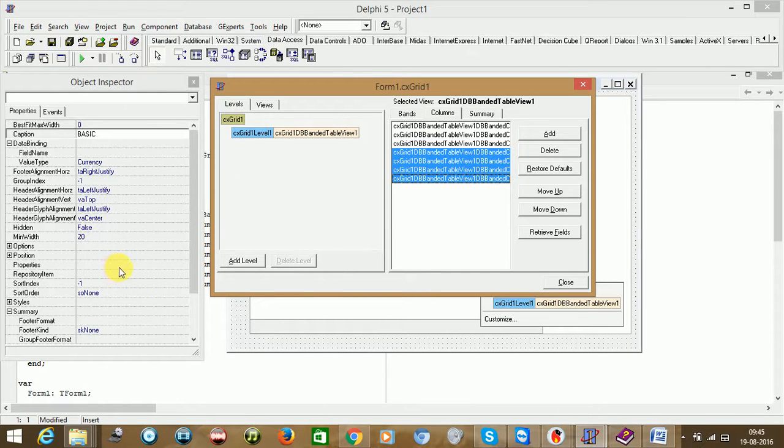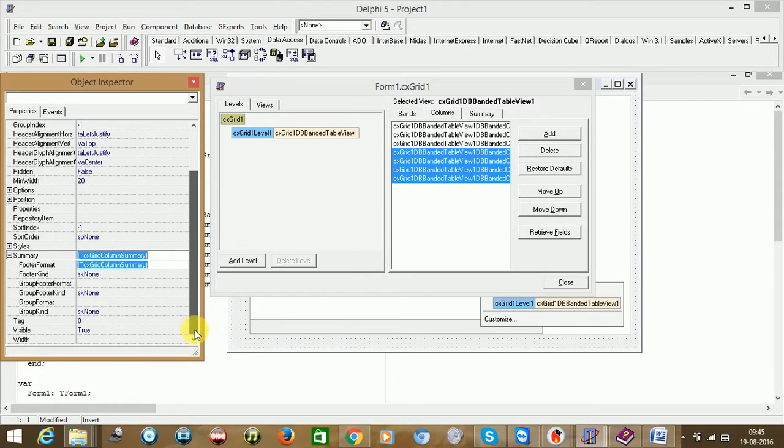So select all these columns in the grid, in the column tab here. And if you see here, the summary option is there, the main option. So here you need to specify the footer format. You could write your own user defined message, sum is equal to, and then finally give your format, 0.00 semicolon minus 0.00. Instead of minus you can give brackets as well, opening and closing bracket after the semicolon, and it would display in that format if there is any negative value. That's it. You see here it's appeared.